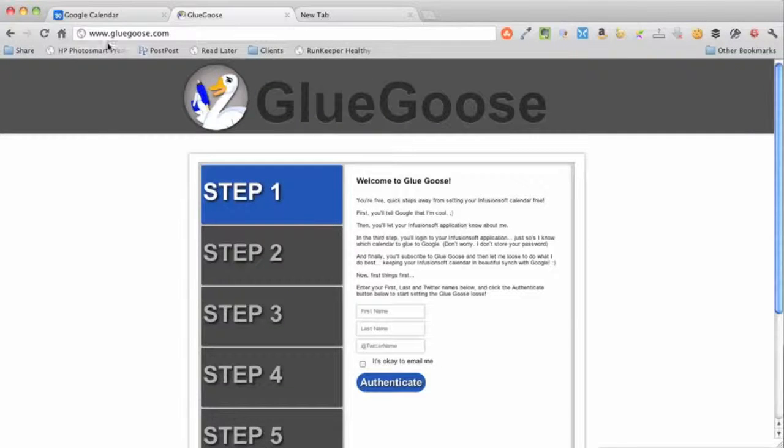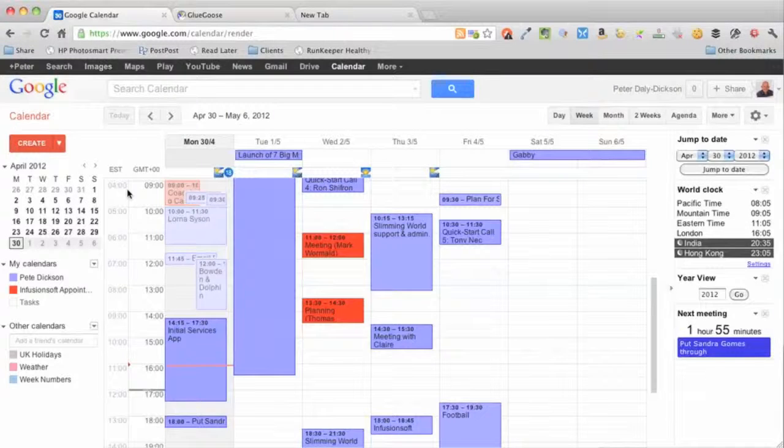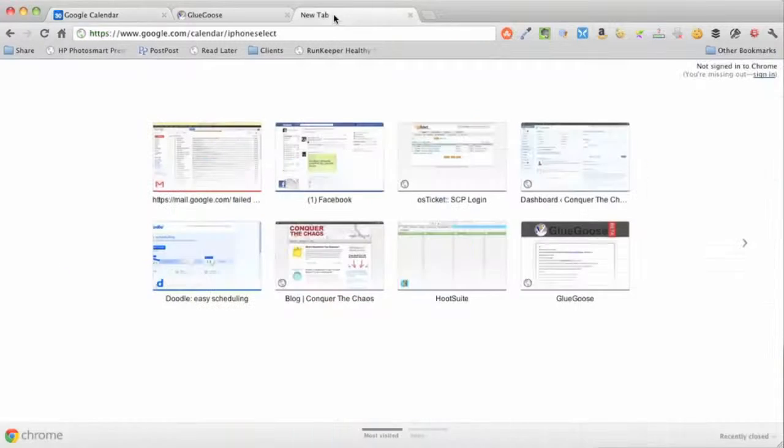And when you are, you will see in your Google Calendar a new calendar called Infusionsoft Appointments, along with your app name and your username. And you can see I've set my Infusionsoft Appointments calendar to be red, and there are a couple of appointments there for my Infusionsoft. So we've got a Google Calendar account, we've synchronized it with Infusionsoft using GlueGoose, and the final step is just to go to this web address,